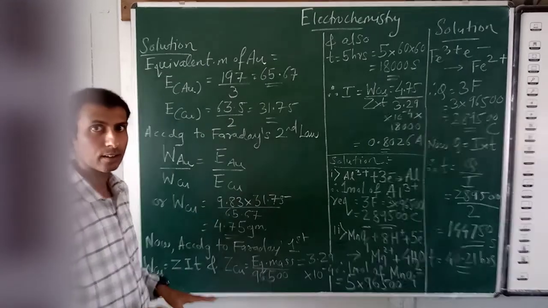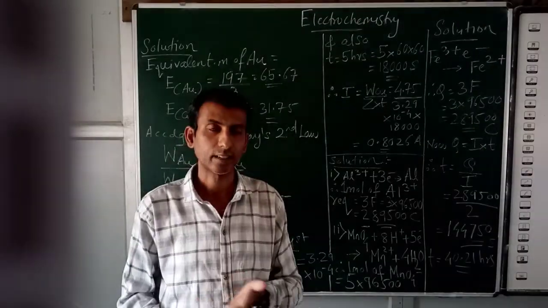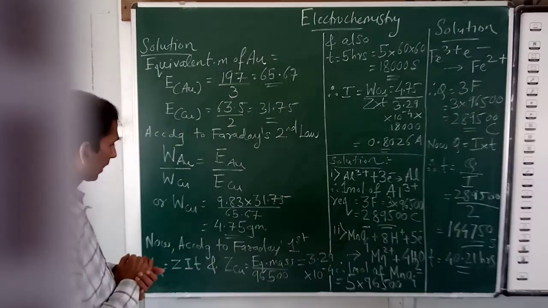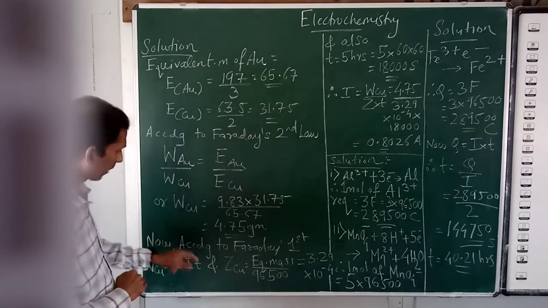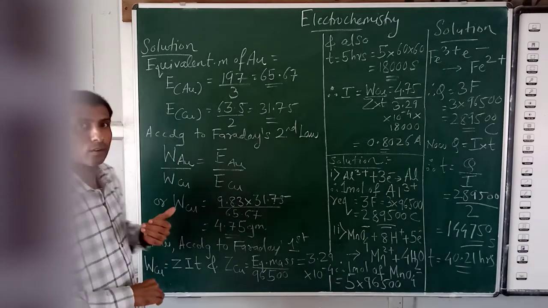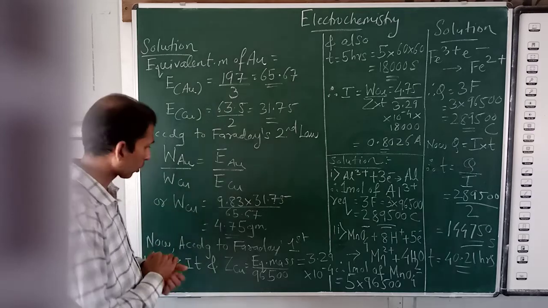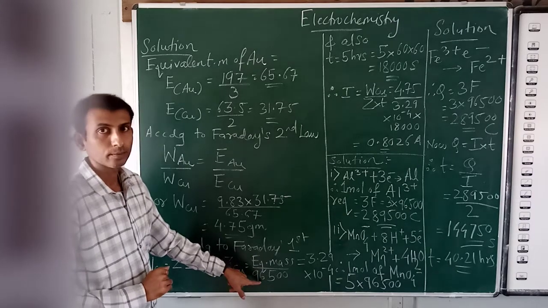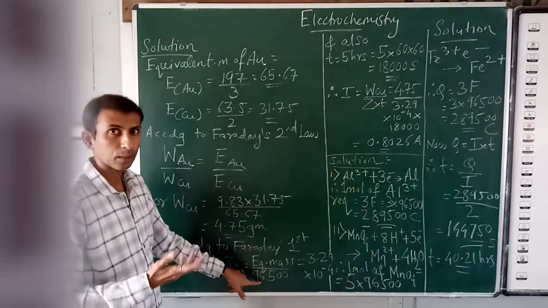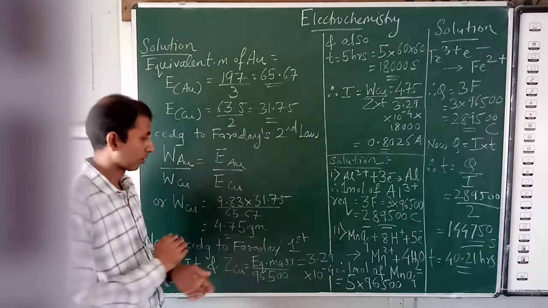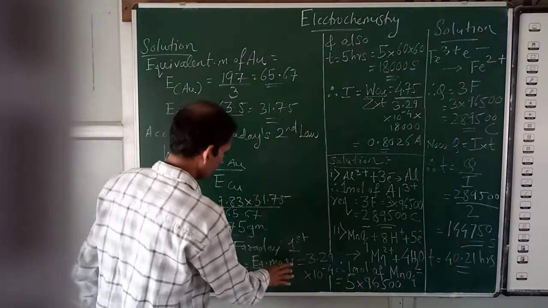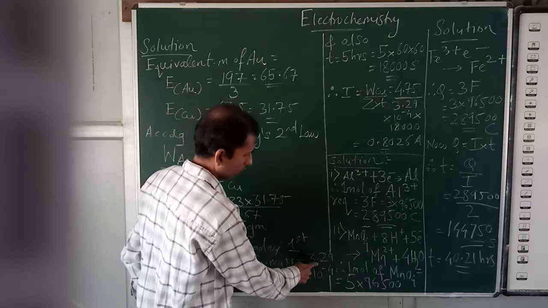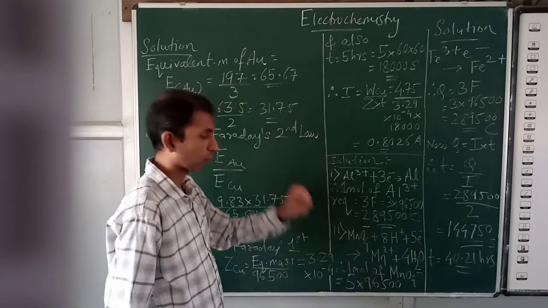What is Z here? ECE, electrochemical equivalent. So the value of Z we do not know. I we have to calculate. Time they have given. W of Cu we know, we have calculated here. So how to calculate Z for copper? Formula is equivalent mass upon 1 Faraday. 1 Faraday means how much? 96500 coulombs. Substitute the values here, equivalent mass of copper and this particular value, you get the answer 3.29 into 10 raised to minus 4.